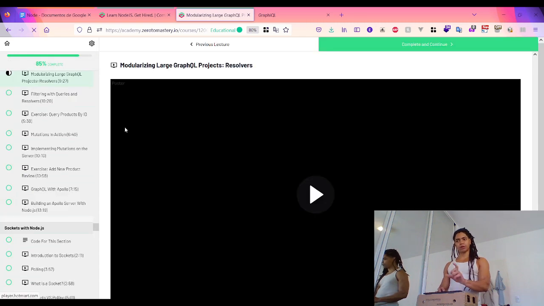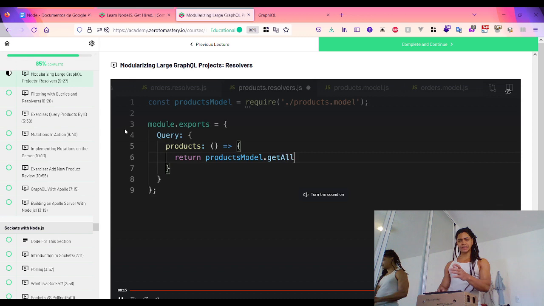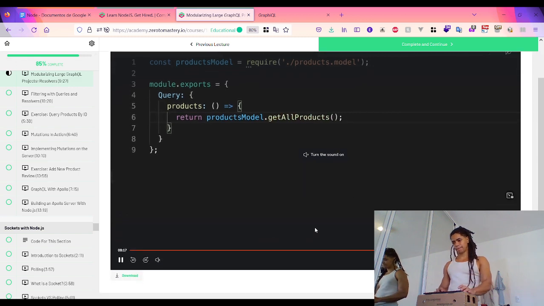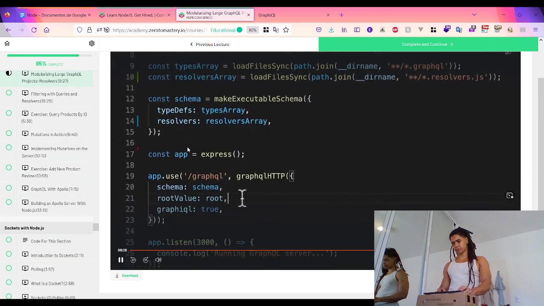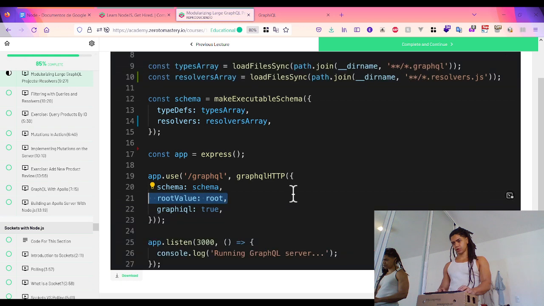So we have already modularized large GraphQL projects in the resolvers here. We no longer need this root object, so we can remove that, and we no longer need to pass in these default values. Let me check the status here. That's right. Git add, let me add all of these files, git commit minus m